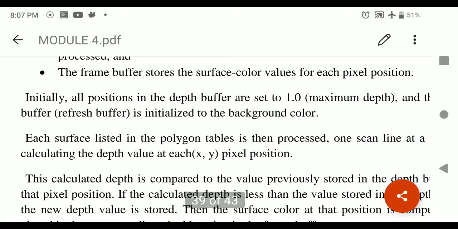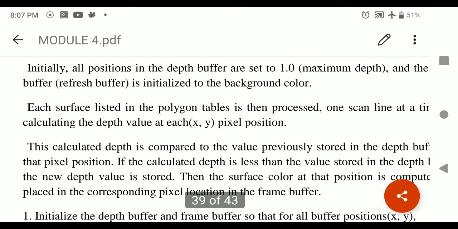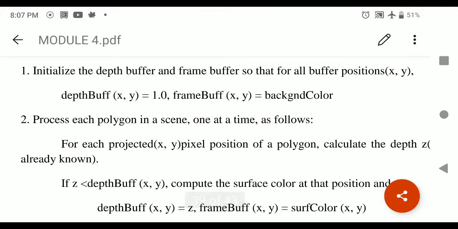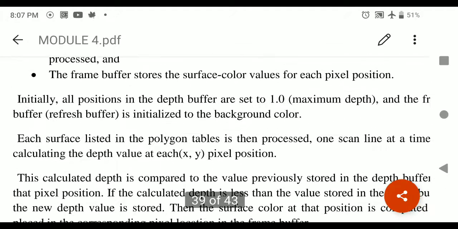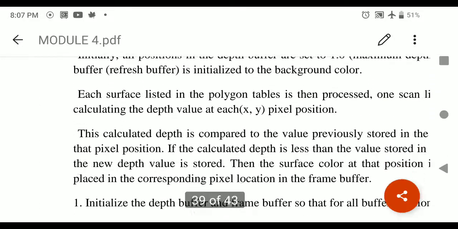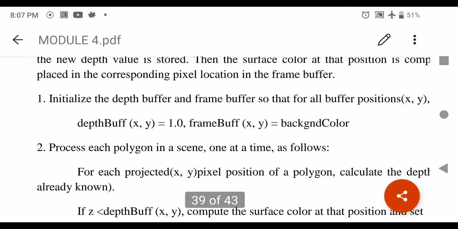In this case, the depth buffer maximum value is 1. So here by default we are going to set 1 as the value for the depth buffer. This is the algorithm you are supposed to write for the Z buffer algorithm. In the first step, the Z buffer algorithm initializes the buffers with the default values. So the depth buffer is set to 1 and the frame buffer is set with the background color. If the background color is white, all will be white. If the background color is black, all will be black. And the default one is black, as you all know.